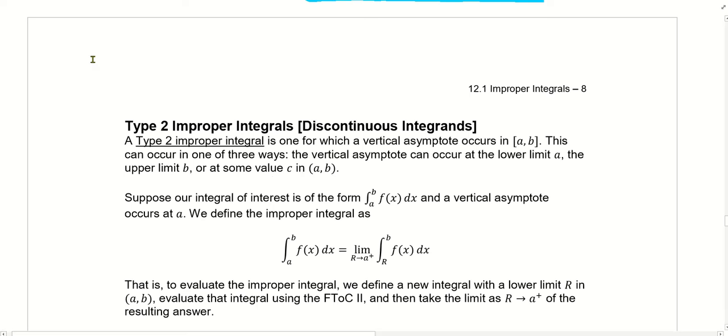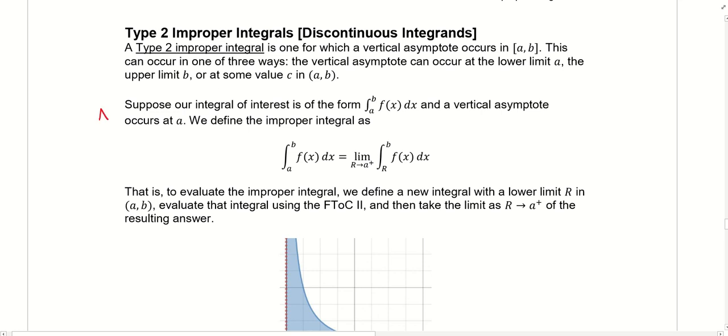So how do we deal with these? Well, let's go piece by piece. I'm going to call this version A. So let's say we're integrating f of x, and notice our limits of integration are back to being finite quantities. But now the issue is that we have a vertical asymptote that occurs at our lower limit of integration. Now, one nice thing about this type of improper integral is we approach it very similarly to the type 1 improper integrals, meaning we take that problem limit, the one where the vertical asymptote is occurring, and we replace it with a stand-in piece, r,